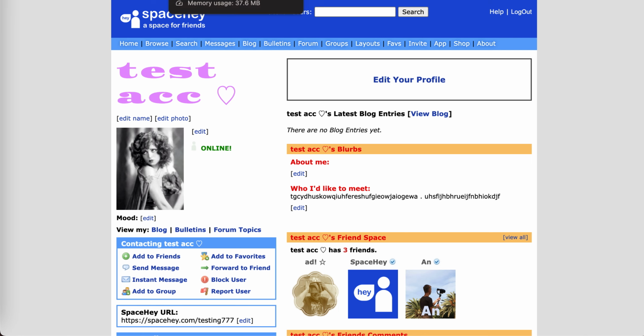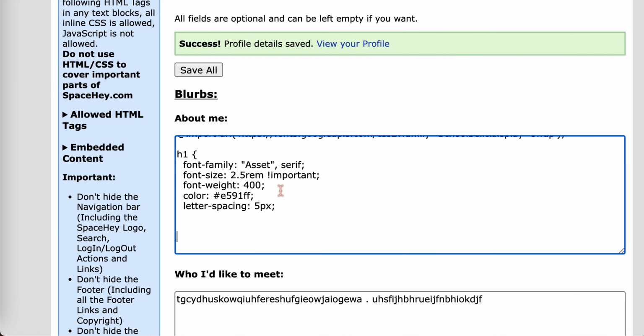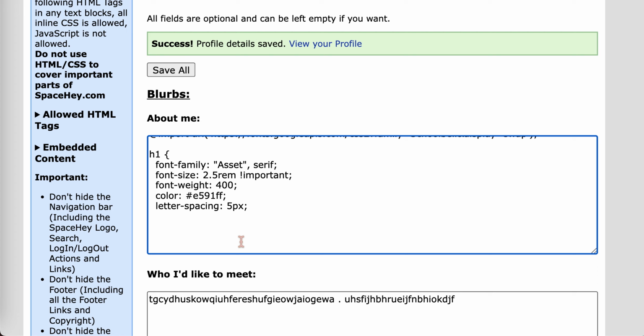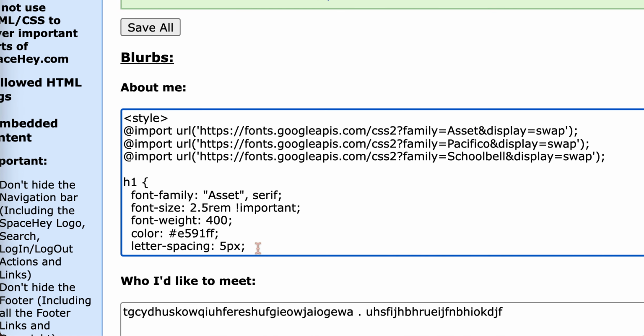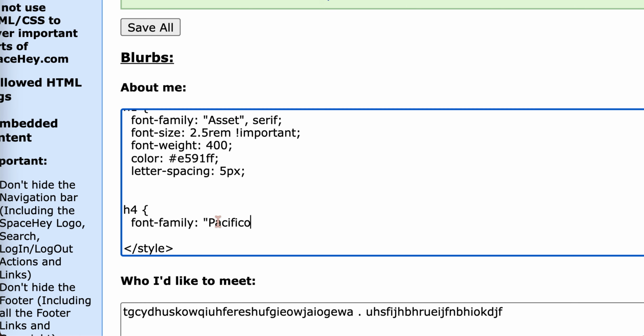Now let me change H4, and I'm gonna do all the same things over here. So it will be H4, space, this, and over here font-family, quote mark, and this is the name of the font. Copy this, paste this, quote mark, and then serif, and then semicolon, then font size,